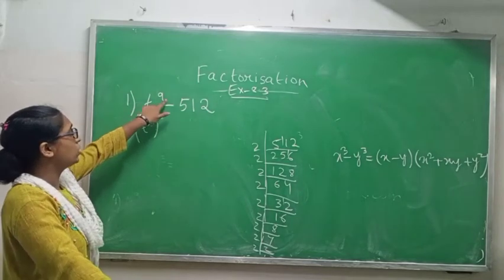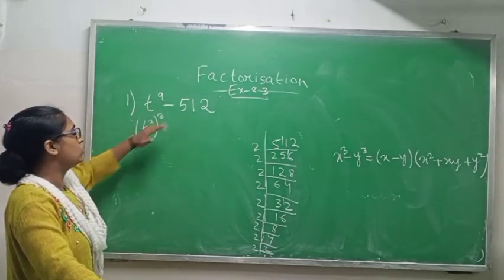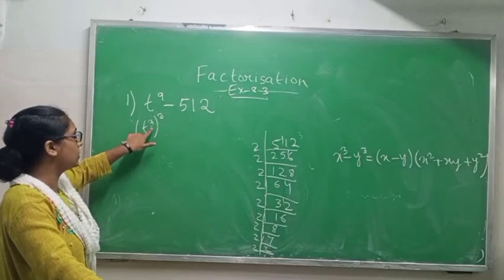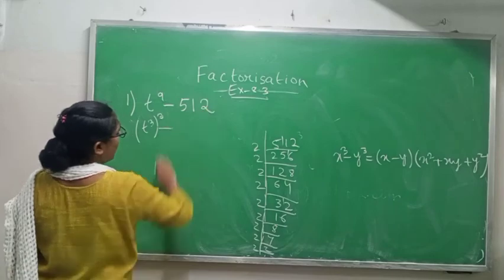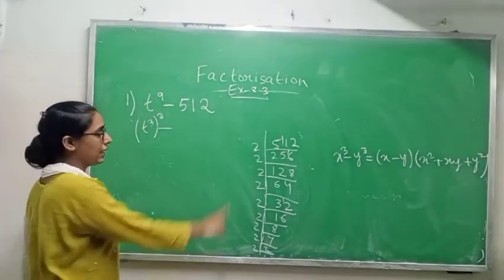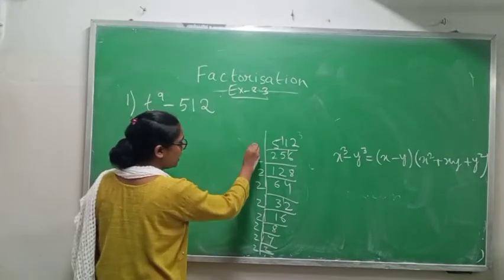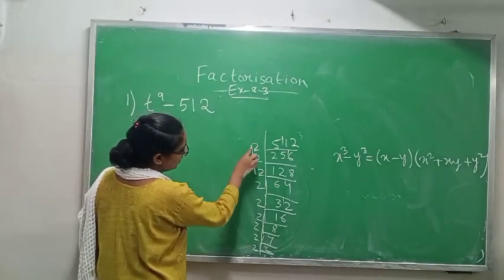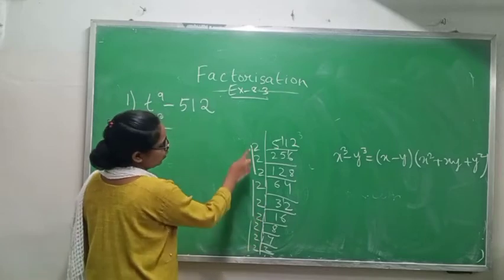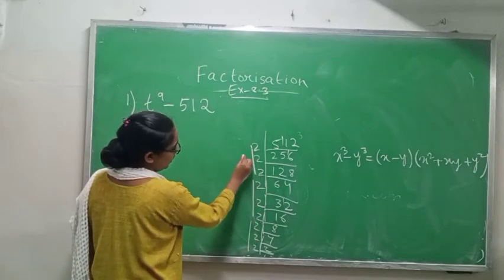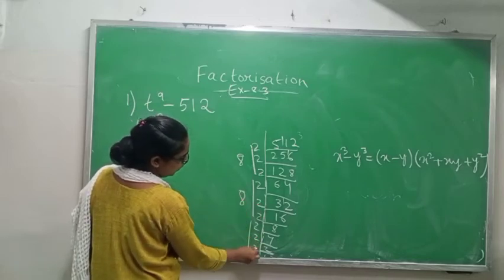Since we have t to the power 9, I can break this 9 in the form of 3 into 3. So I am getting t to the power 3, then to the power whole 3. Now I will make this one a cube. That is why I am finding the LCM. Now cube means you have to take pairs of 3 numbers. See, 3 numbers, again 3 numbers, again 3 numbers. So 2 2s are 4, 4 2s are 8. You got 8, again 2 2s are 4, 4 2s are 8, again 2 2s are 4, 4 2s are 8.